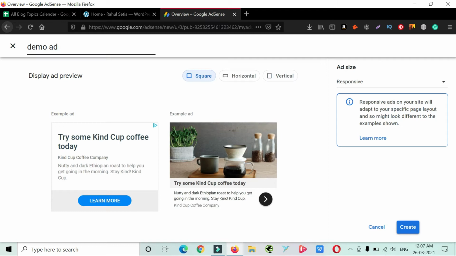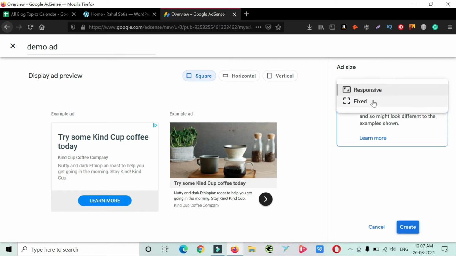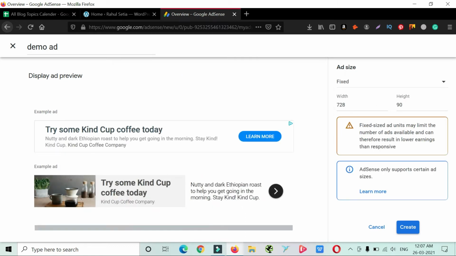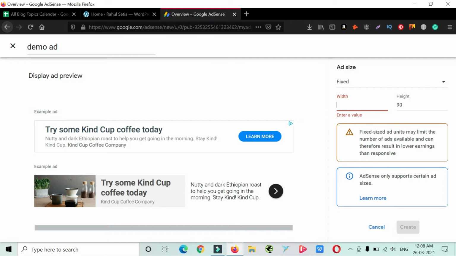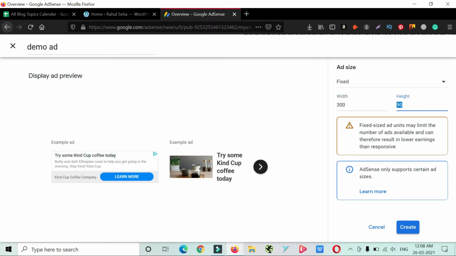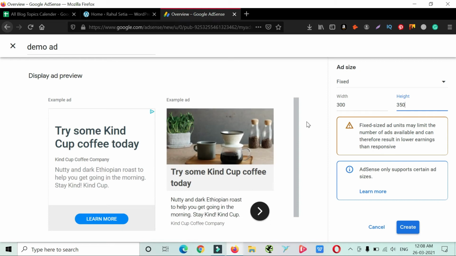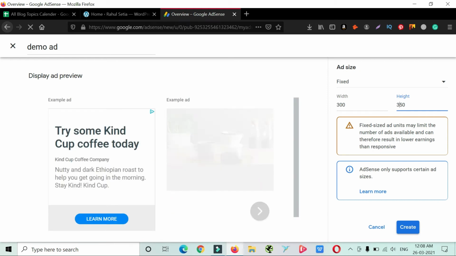Okay, and if I want to have a custom size, then I will click on this fixed and I will enter the size. The recommended sizes which are working really well on Google AdSense, so that you can have a higher CPC on your ad unit clicks, because advertisers are most likely to have 3 or 4 ad sizes in their ad campaigns. Like 728 by 90 is one of the popular, but I prefer to go with 300 by 250. This is the most preferable ad size that is recommended by a lot of sites.